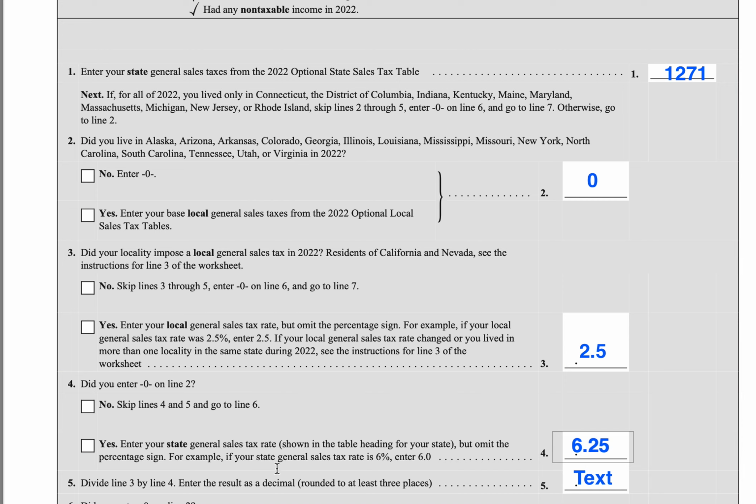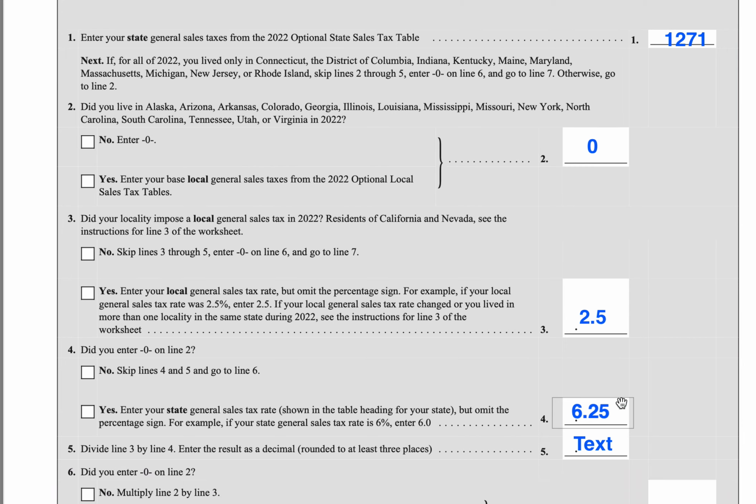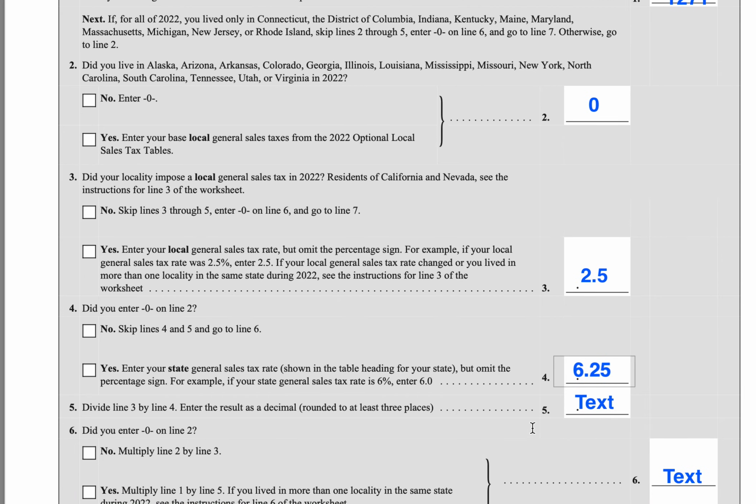So we're going to omit the percentage sign and we'll just put in 6.25. We'll divide the line 3 amount by line 4 and enter that as a decimal rounded to at least 3 places. So that ends up being